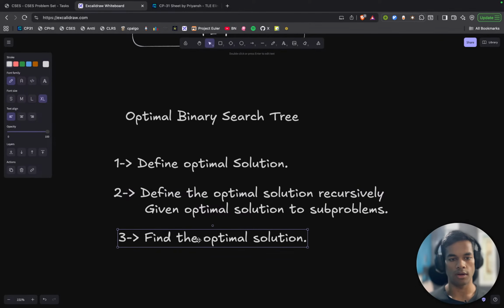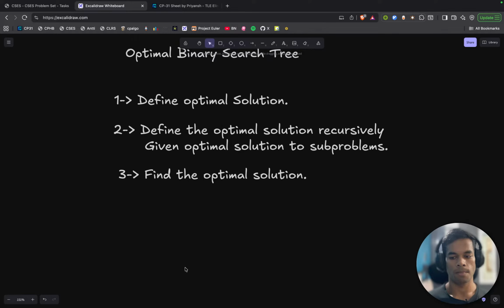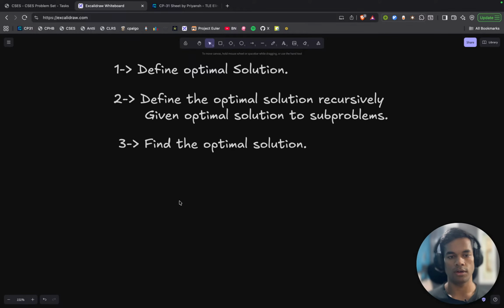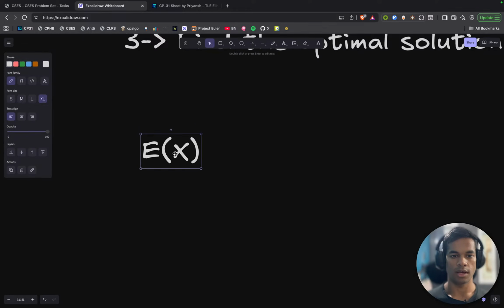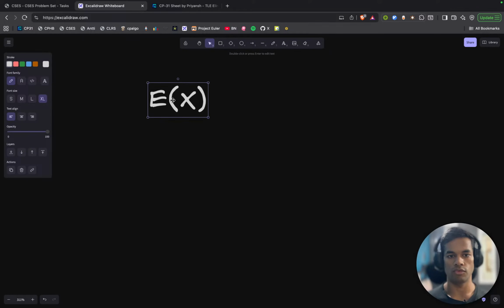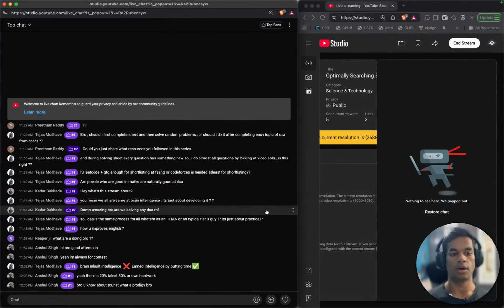Okay, so what are we trying to do here? Let's first of all write down the variables and then the function that we are trying to optimize. The function that we are trying to optimize is the expected value function. This is the function that we are trying to optimize, and the variables with which we are working are,